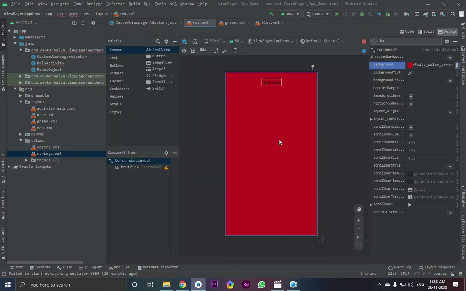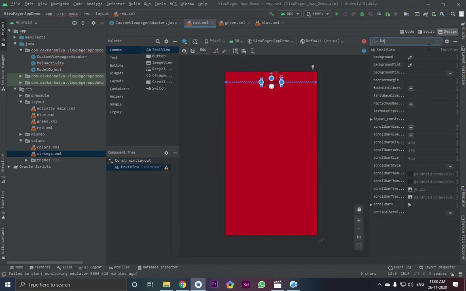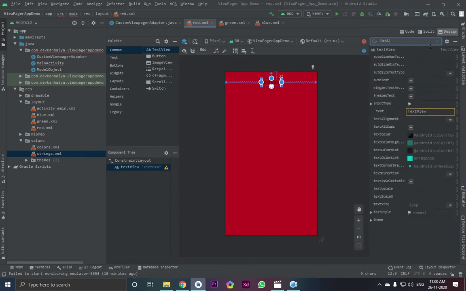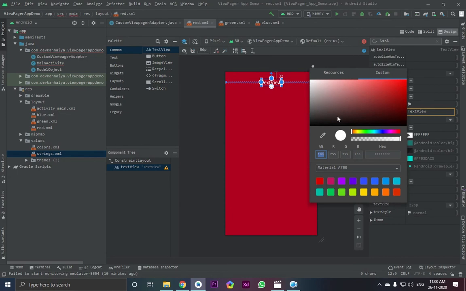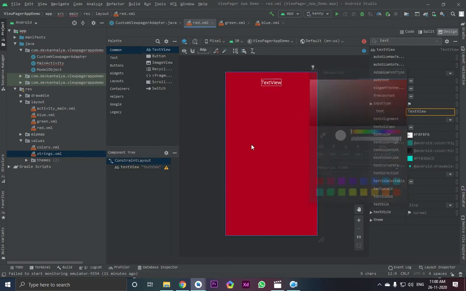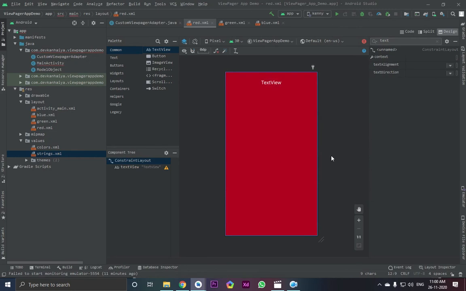Then okay, now for our text color, let's change it. Click on text here. Now change text color to white. Now okay, it's been done.